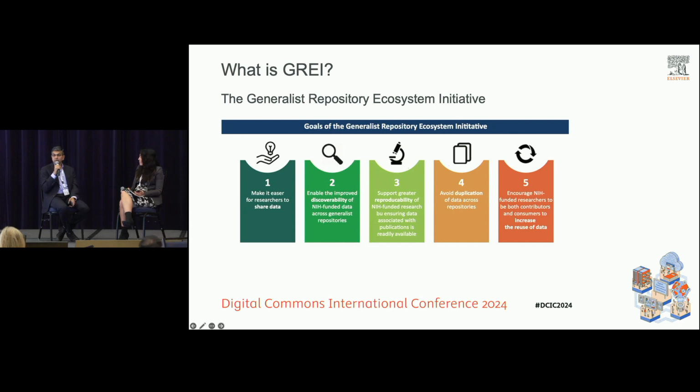The second thing was we wanted to know for ourselves, show us the data. Where is the NIH-funded data? We wanted to be able to discover it, and we knew it was not in one place. There was no way it could be in one place, given the enormity of the number of institutes we comprise and the number of research projects going on, and given that everybody had choices. So we wanted to be able to easily discover this, and to have a much better idea of the iceberg under the water in terms of data associated with our funding opportunities.